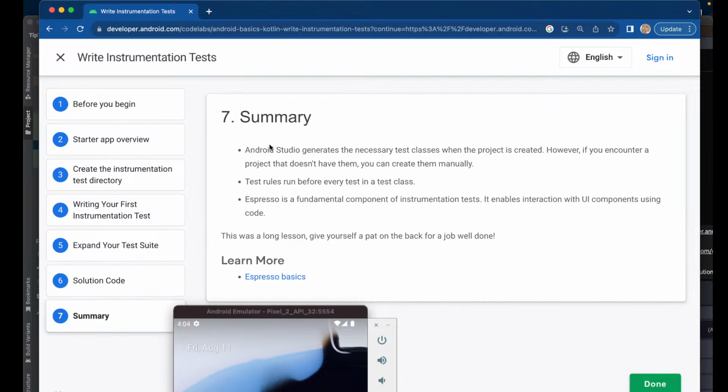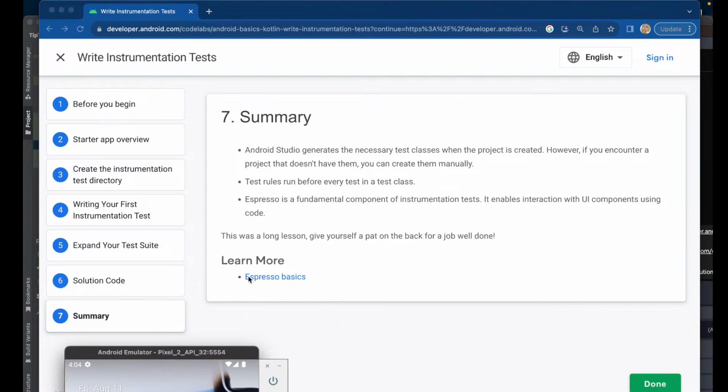In summary, Android Studio generates the necessary test classes when the project is created. However, if you encounter a project that doesn't have them, you can create them manually. Test rules run before every test in a test class. Espresso is a fundamental component of instrumentation tests. It enables interaction with UI components using code. This was a long lesson. Give yourself a pat on the back for a job well done. Actually, that lesson wasn't that long. But anyway,